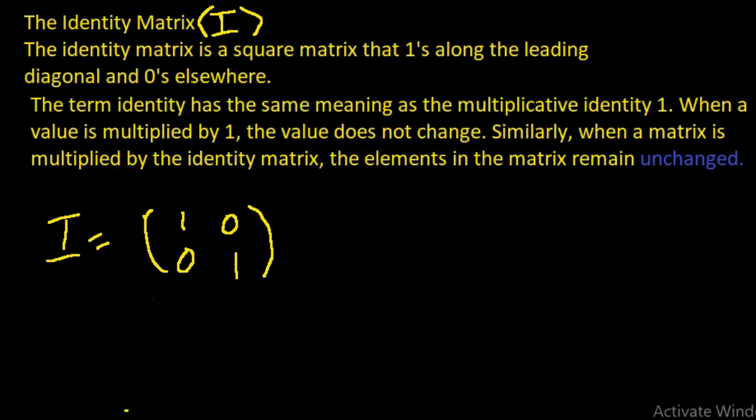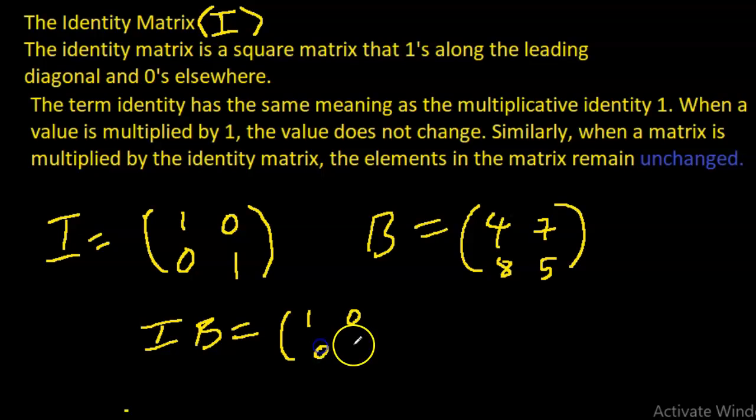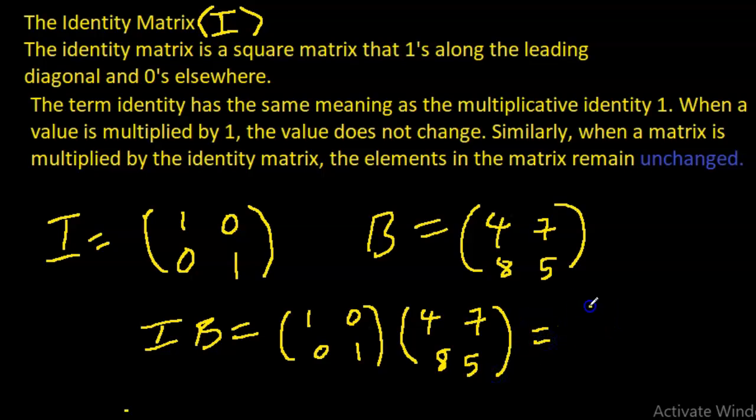Right, so suppose we have a matrix B. And let's say the matrix B is 4, 7, 8, 5. And we're asked to find IB. So I usually use 1, 0, 0, 1 times B, and B is 4, 7, 8, 5. So if I multiply these two matrices,